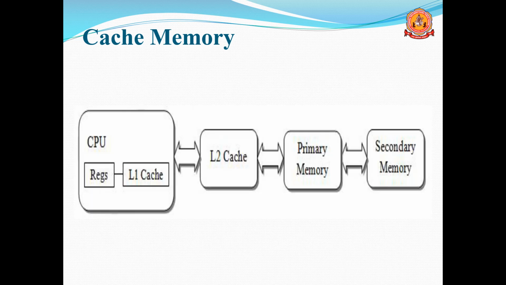Then here is a figure, you can see where the cache memory is present. Secondary storage is outside the CPU, it is the last one, and CPU means the processor. Inside the processor we can see the L1 cache. L1 cache is known as internal cache, present inside the CPU. After that we can see L2 cache or L3 cache, present outside the CPU. Next we can see the main memory. Main memory means RAM, random access memory.